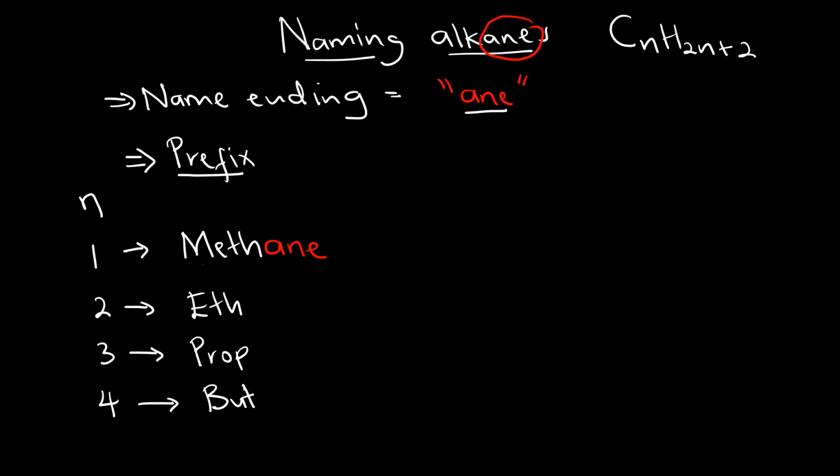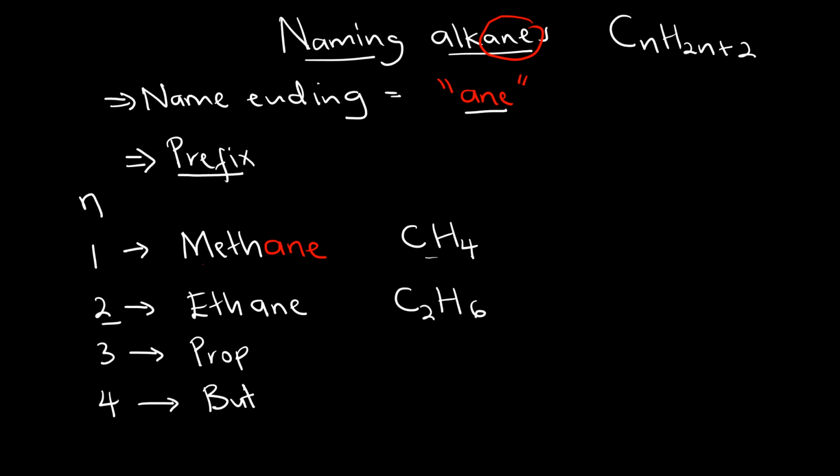As you can remember, it had a general molecular formula of CH4, where we had an invisible 1 between C and H. For the rest, eth, where N is equal to 2, we shall have ethane as the name of the compound, and this will be C2. 2 times 2 is 4, 4 plus 2 is 6,